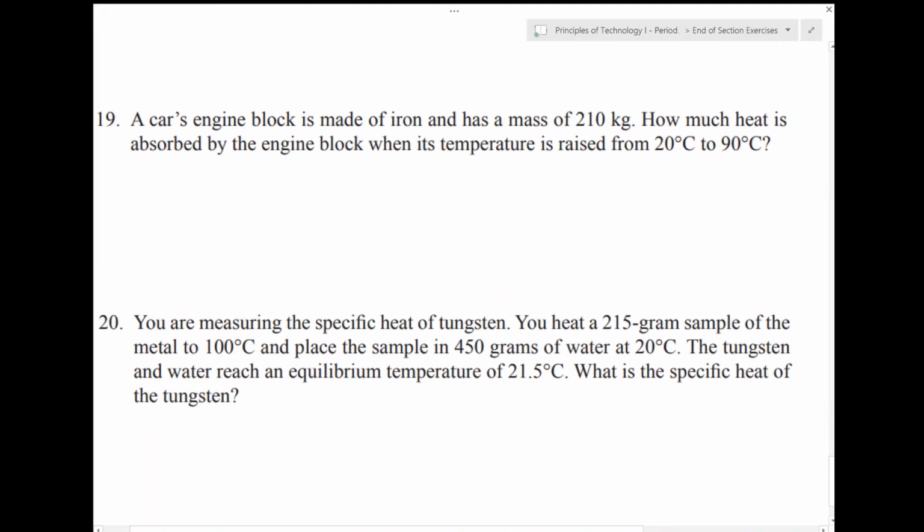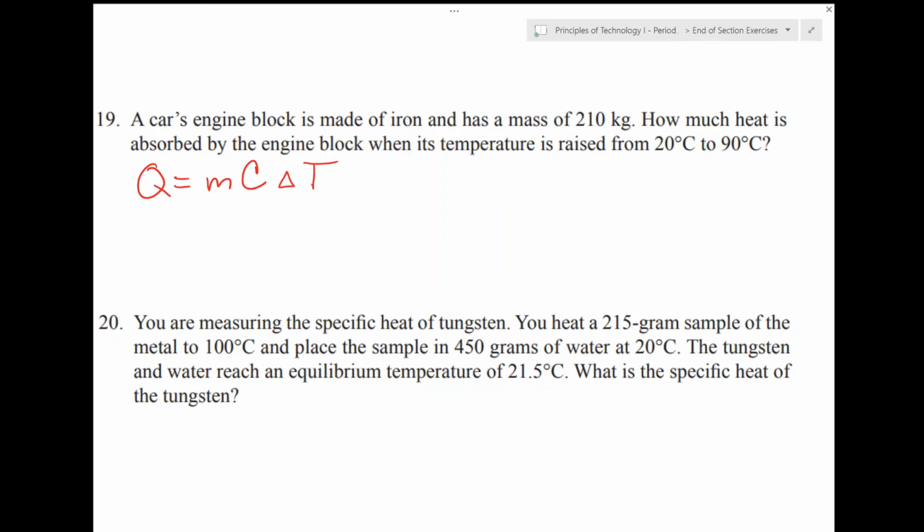Number 19. A car's engine block is made of iron and has a mass of 210 kilograms. How much heat is absorbed by the engine block when its temperature is raised from 20 degrees Celsius to 90 degrees Celsius? For this problem, we need to use the equation that heat is equal to mass times specific heat, in this case the specific heat of iron, times the change in temperature. I'm going to need to look up the specific heat of iron in table 1.7 on page 71 in your book. And the specific heat of iron is